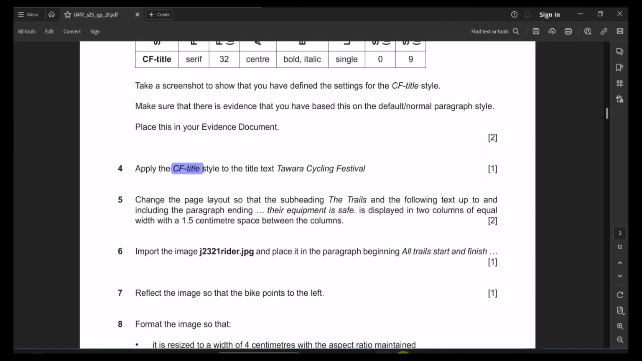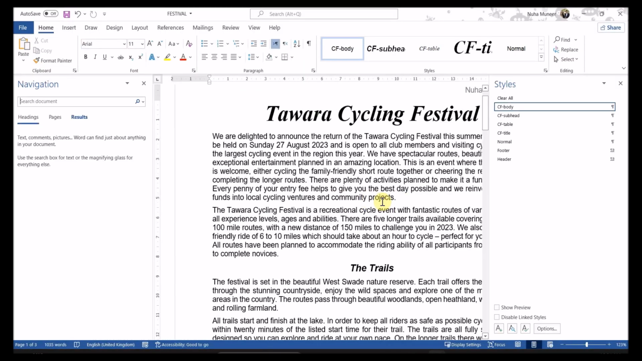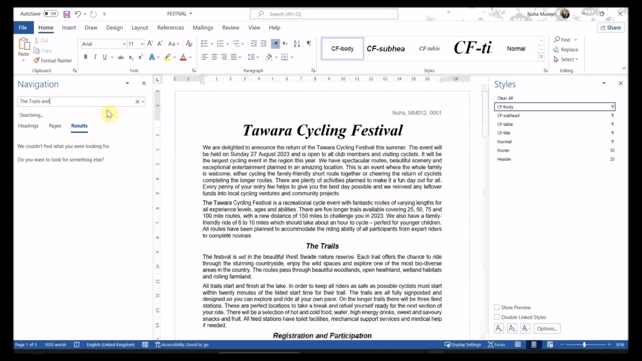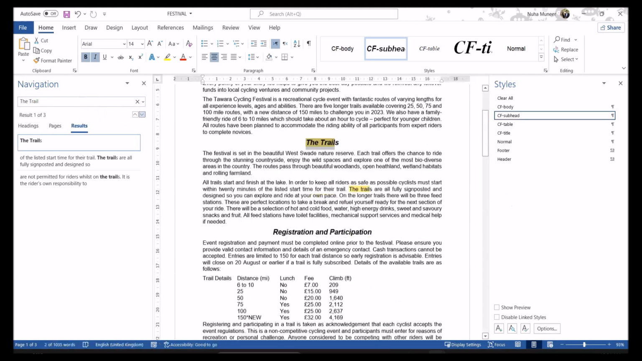where's the question paper? Question number 5, change the page layout so that the subheading of the trails and the following text, including editing their equipment is safe, is displayed in 2 columns. So change the page layout so that the subheading of the trails. So let's try to search for the trail. Okay, the trails is here. It's just in front of my eyes. So starting from here